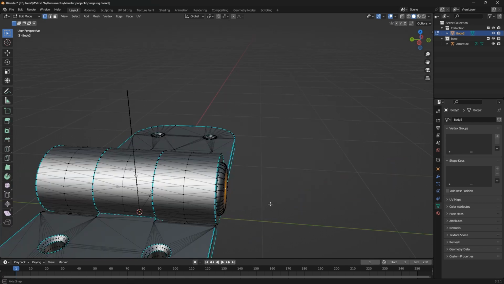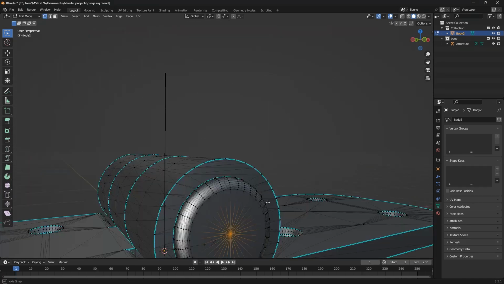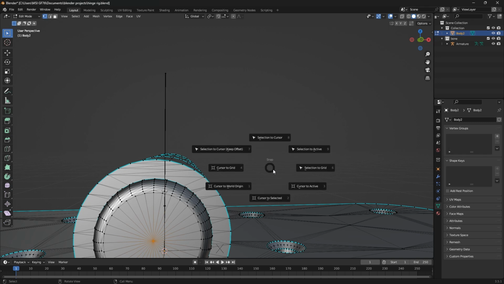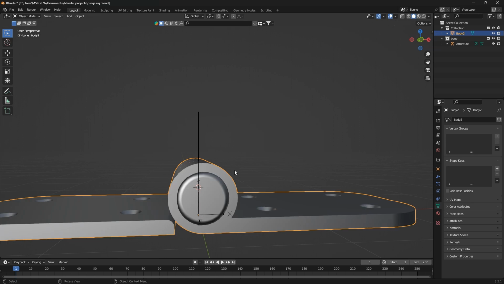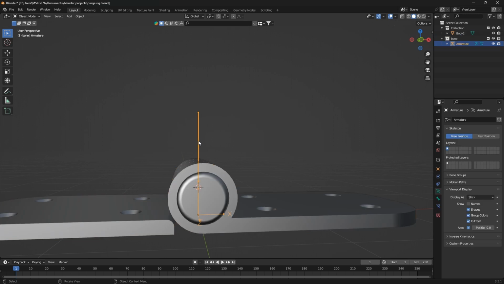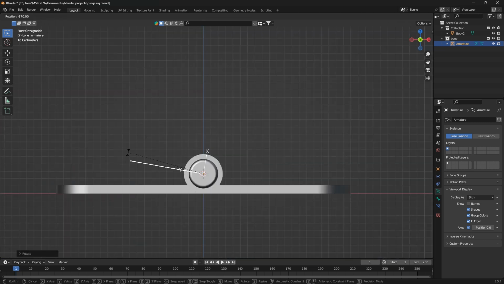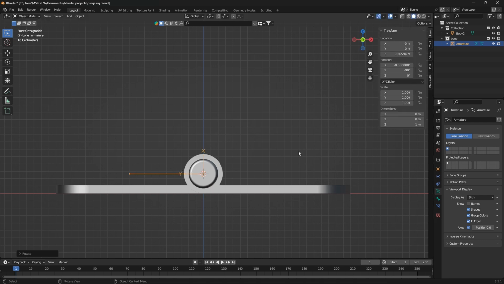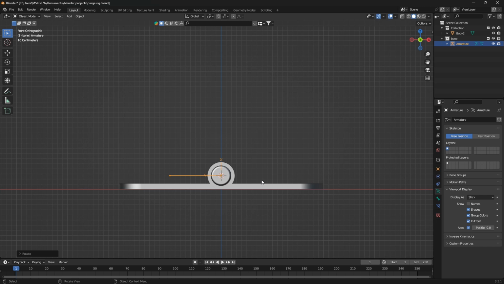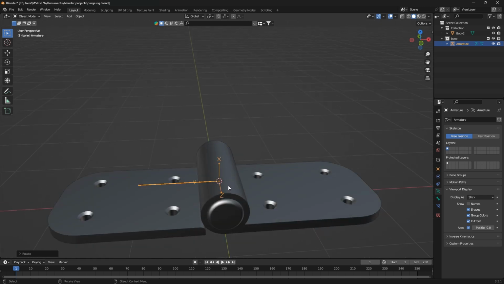Then after that, I would like to have it centered in, that is here. So I come here and select this, Shift S, cursor to selected, and then Shift S, selection to cursor. Let's take it to the minus 90 degrees. Come back here to see if it's actually rotated. Okay, and then